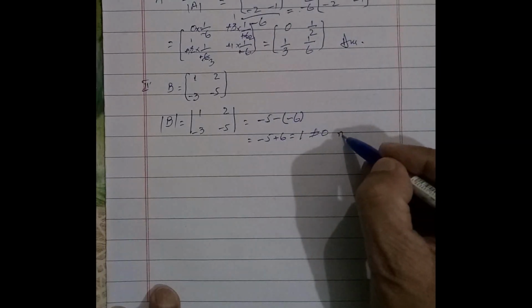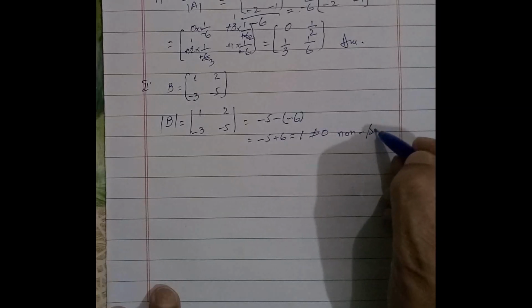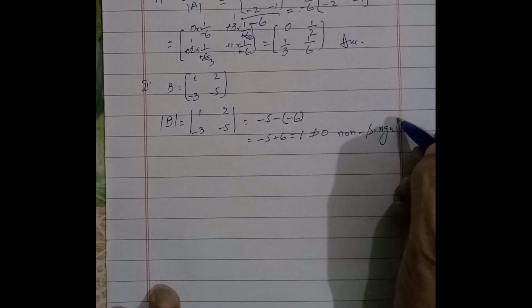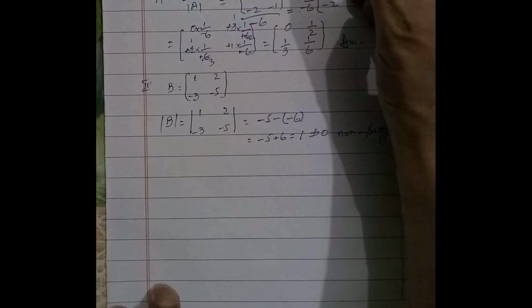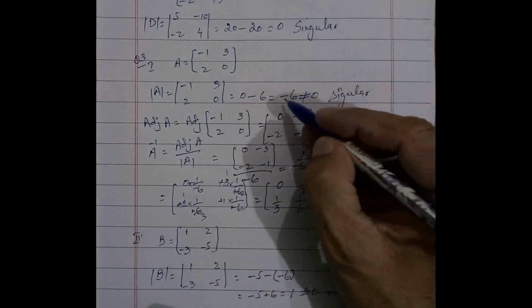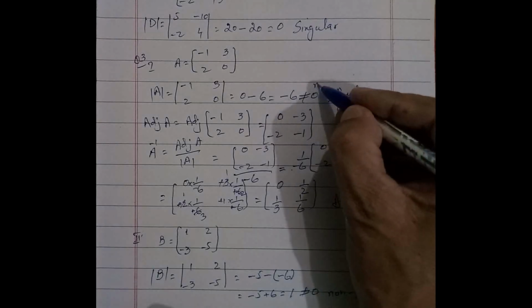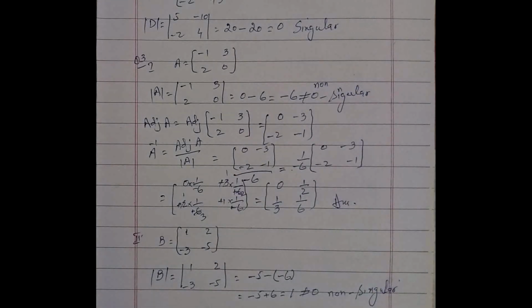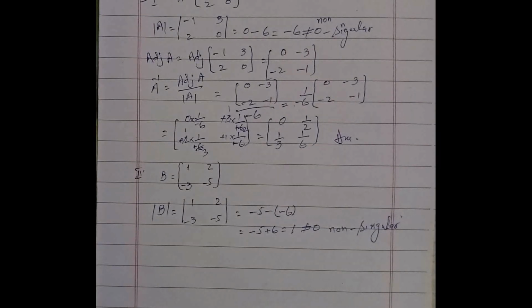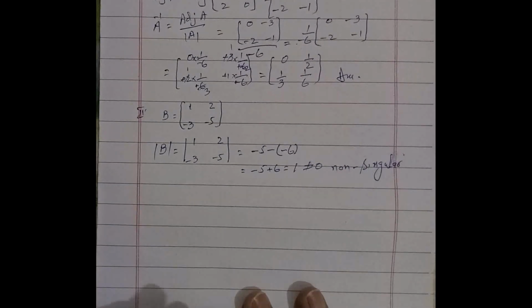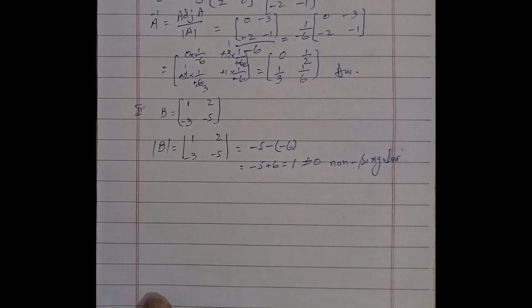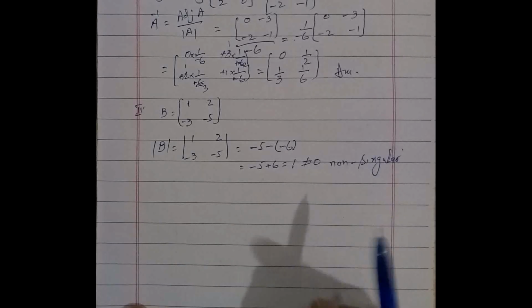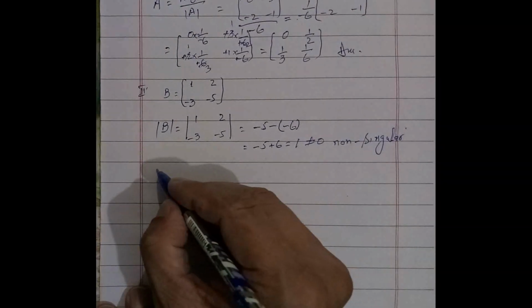So it is non-singular. Sorry, in part 1 it is minus 6, which is not 0, and it is non-singular. Because if the determinant is equal to 0, then the matrix is singular, and we cannot find the multiplicative inverse. And if the determinant of the matrix is non-zero, meaning non-singular, then we find the multiplicative inverse. So B is non-singular, so we then find adjoint B,